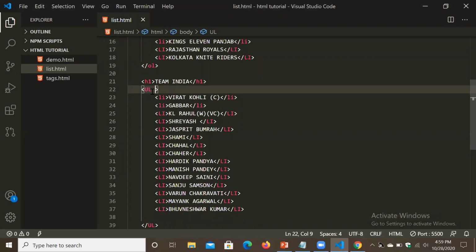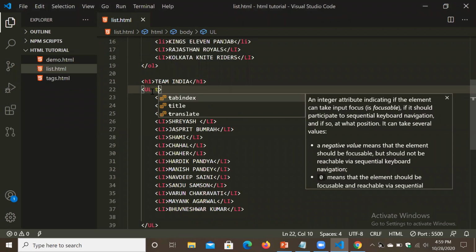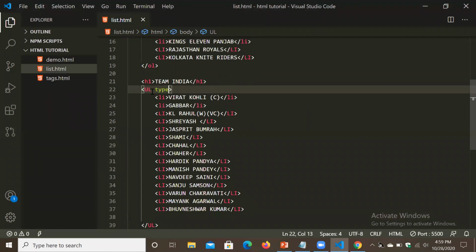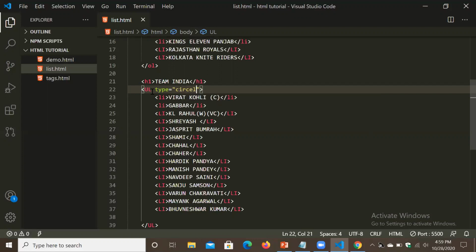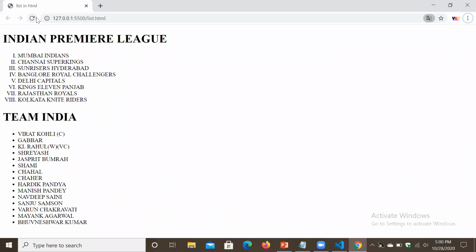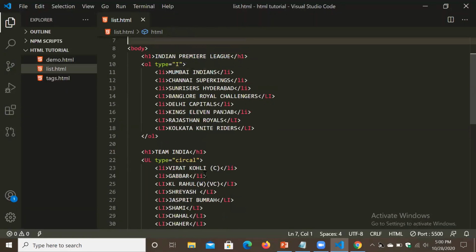How? Similarly, we have to use type here. Type is equal to, you have to use circle. I think spelling mistake. Unordered list.